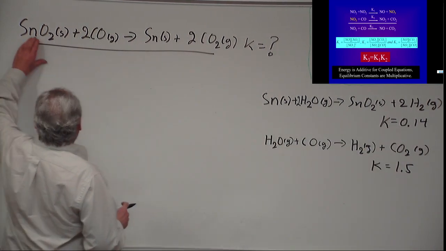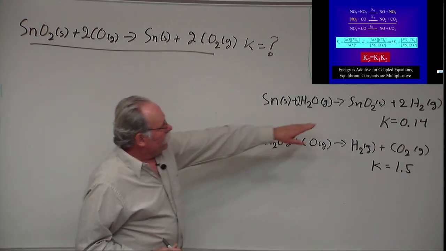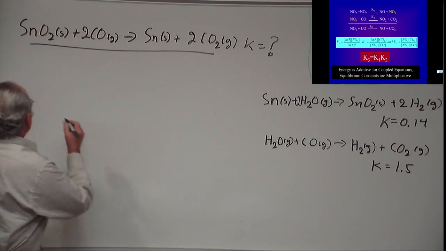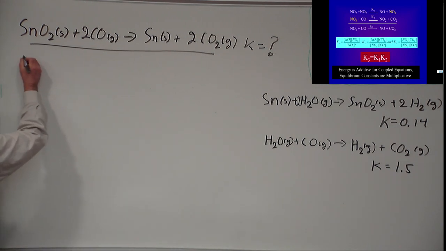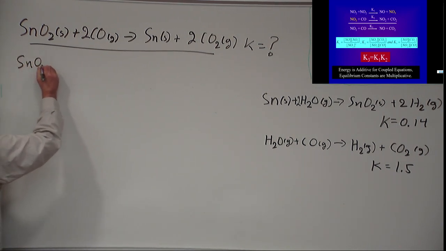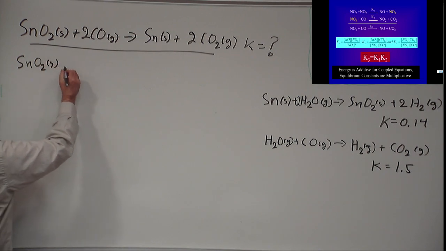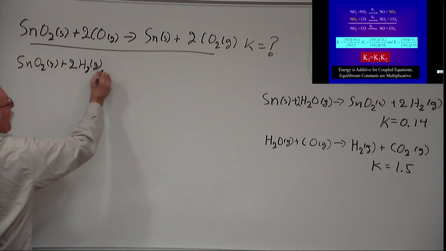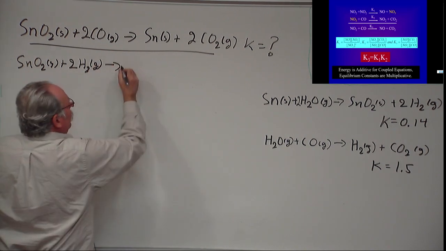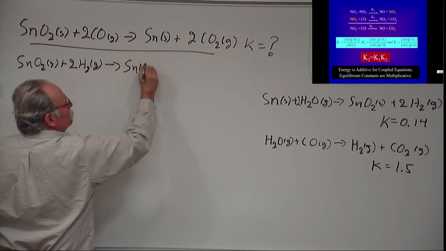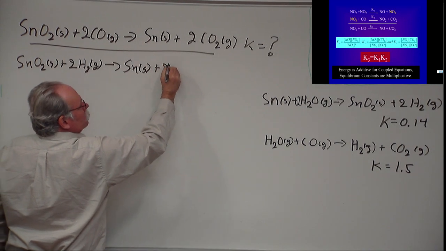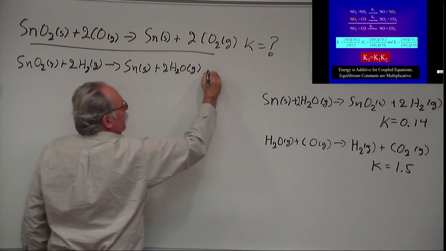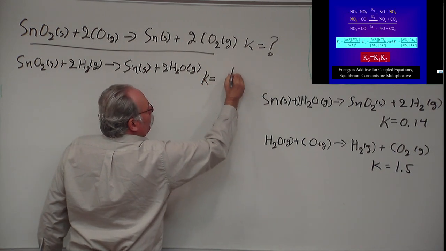So here I have SnO2 as a reactant. Here I have it as a product. So I need to write this equation backwards. So I have SnO2 as a solid plus 2H2 as a gas, forming Sn as a solid plus 2H2O as a gas. And the K for this is equal to 1 over